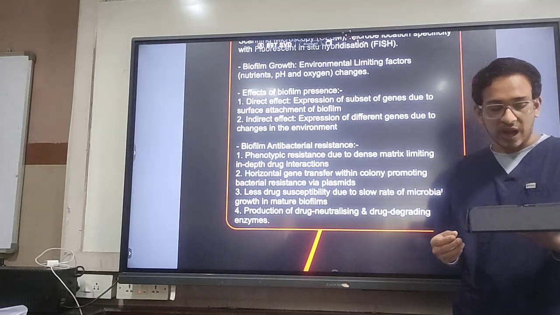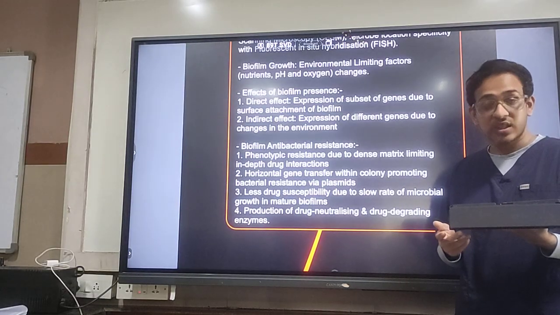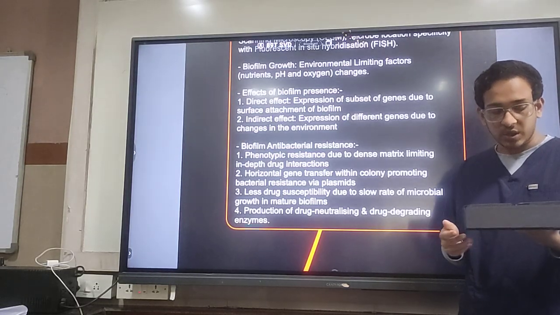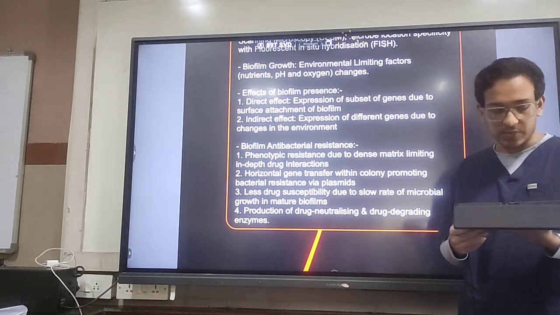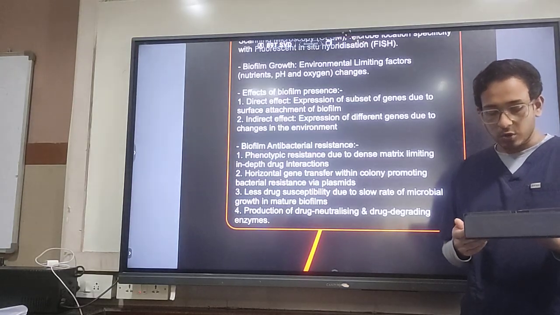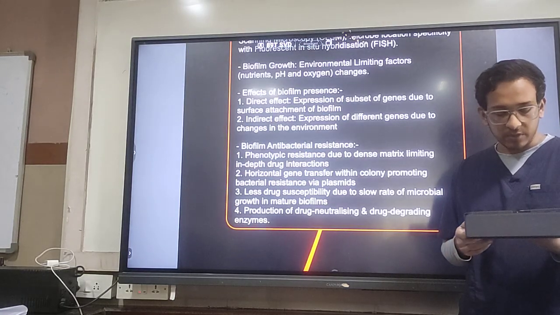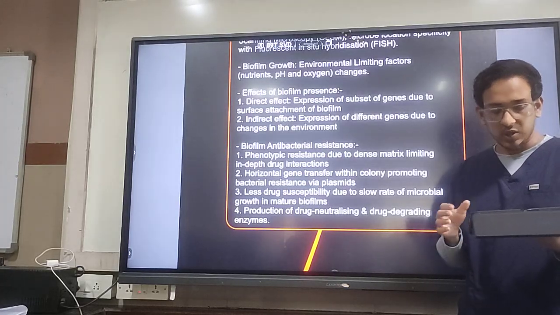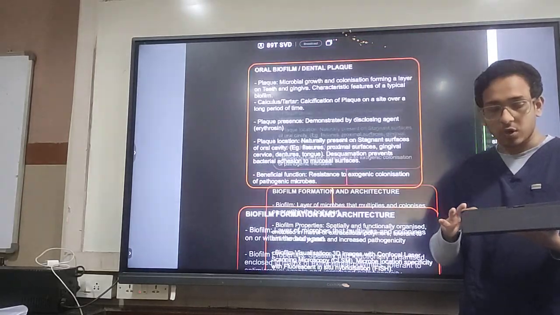So, how does biofilm get antibacterial resistance? The phenotypic resistance is due to the dense matrix limiting in-depth drug interactions, horizontal gene transfer within the colonies promoting bacterial resistance via plasmids, and less drug susceptibility due to the slow rate of microbial growth in matured biofilms. Production of drug-neutralizing and drug-degrading enzymes by the bacteria of the biofilm also causes